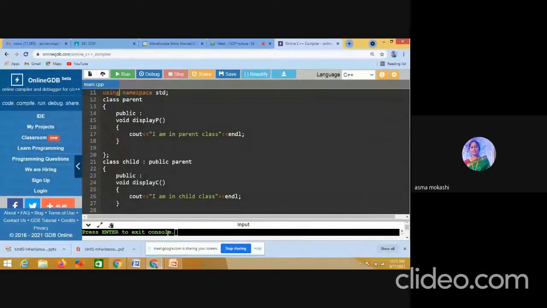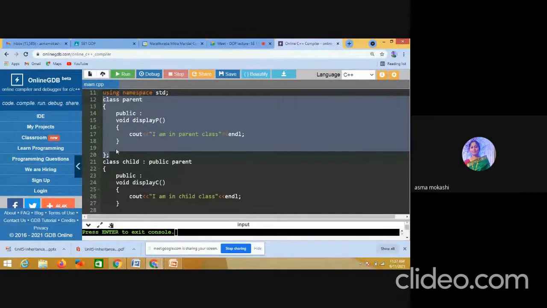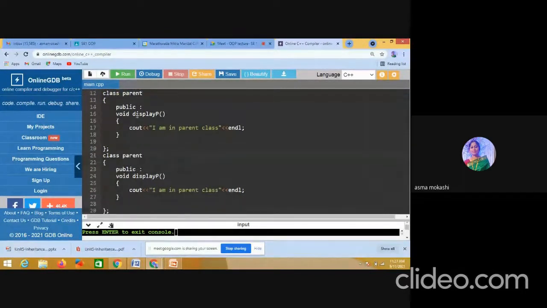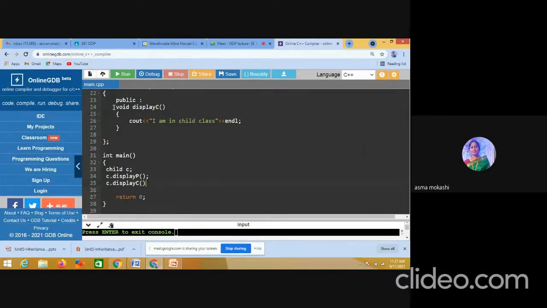Now we are working with multiple inheritance, students. So what do I need to change here? I need to create one more parent here. Parent 1 and Parent 2. So here I am writing P1 and P2, the Parent 1 class and Parent 2 class. So what did we do? We have created one class. One minute, students, I have to show you this visibility first and then come here.